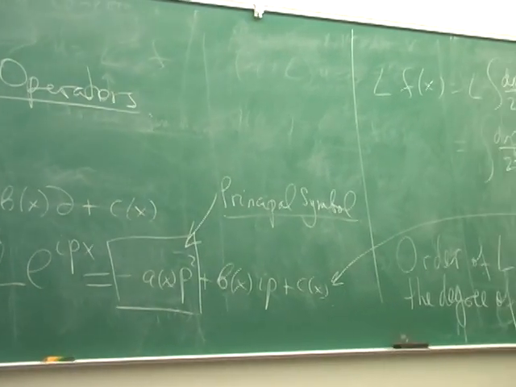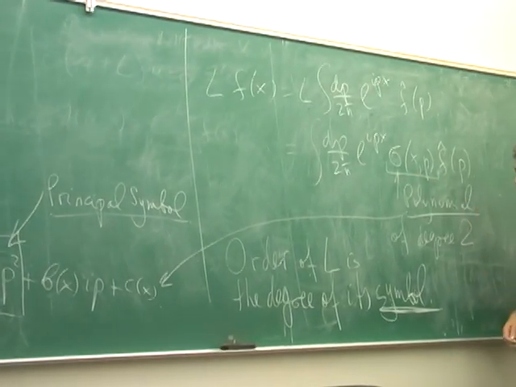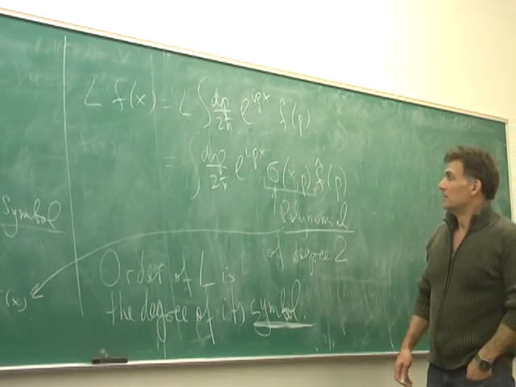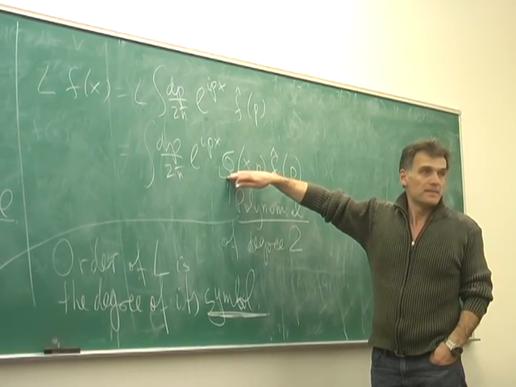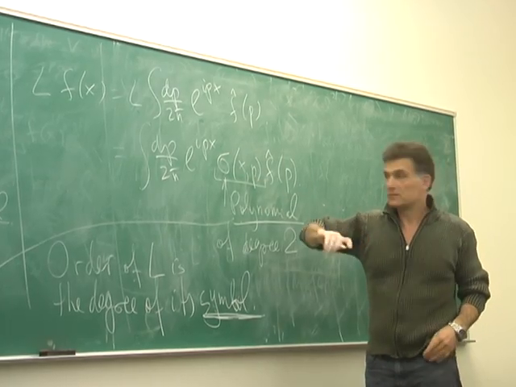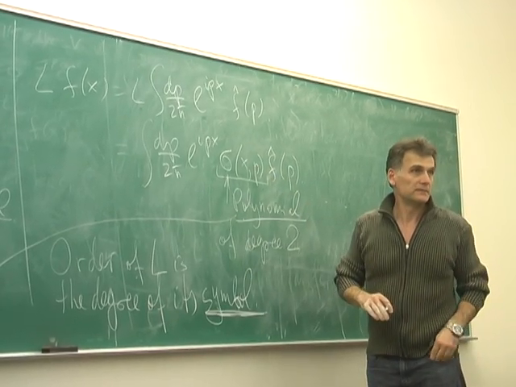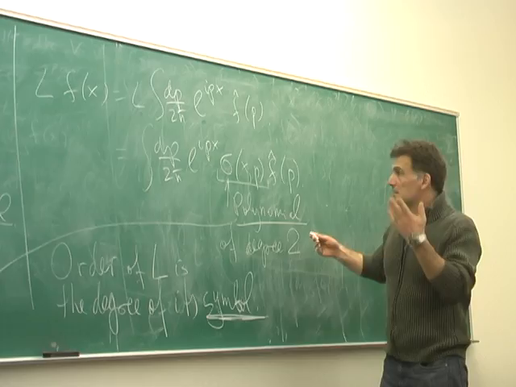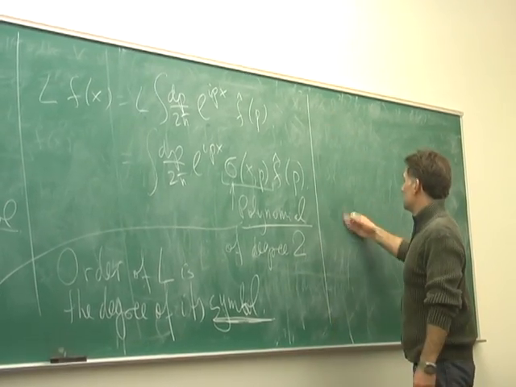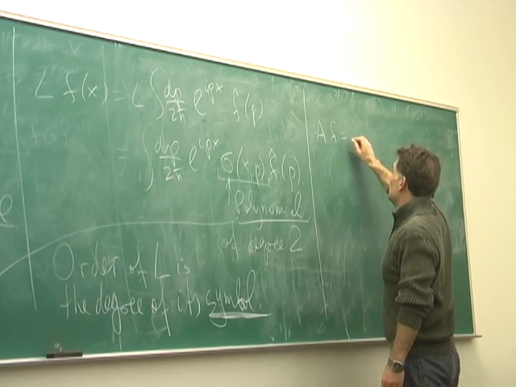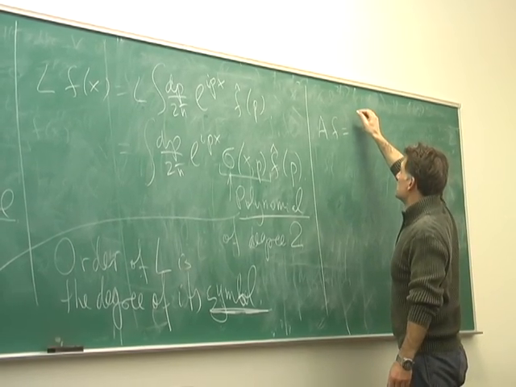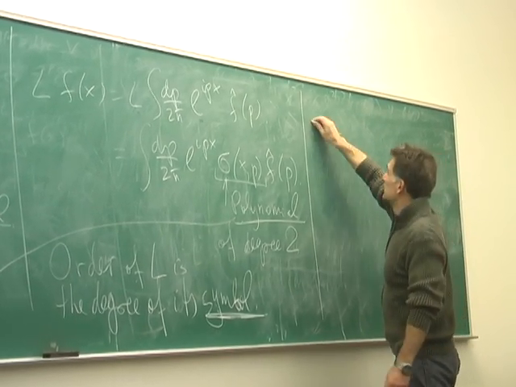The point is that now you can look at this expression and say, well, we don't care what this sigma is. So it doesn't have to be a polynomial. It's just some function of x and p. So let's define an operator. Well, let me call it, let's say A on f. And I'm going to define it like this. Well, let's call it